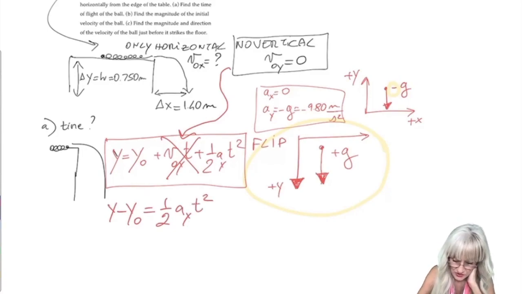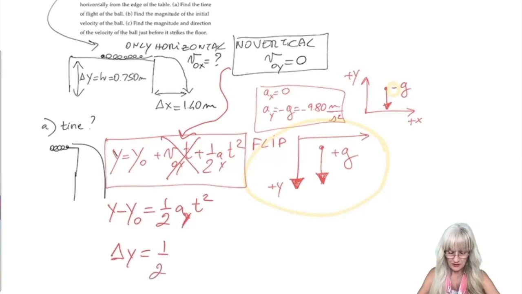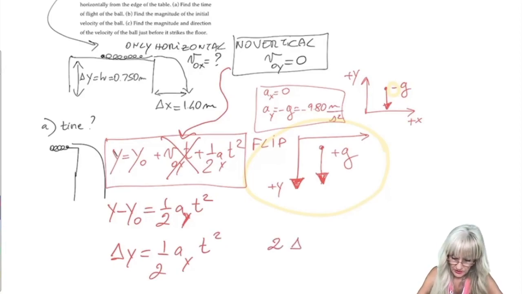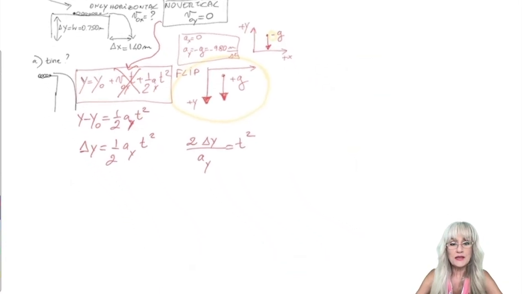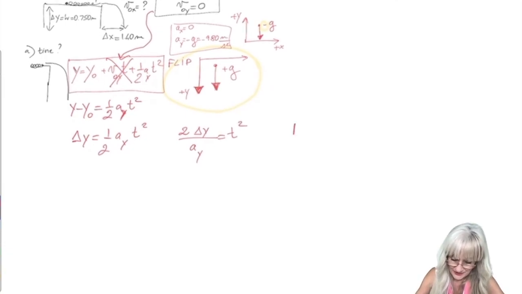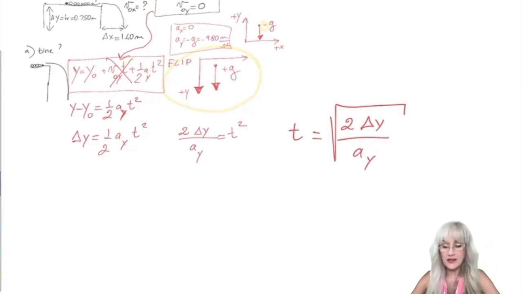Remember, we want to solve this equation for the time. So here's a little bit of algebra initially. Now the 2 will go next to the delta y, the acceleration will go at the denominator, and now I'm going to make it a little bit more elegant. It will be the square root of twice delta y over a of y. Let's plug in,